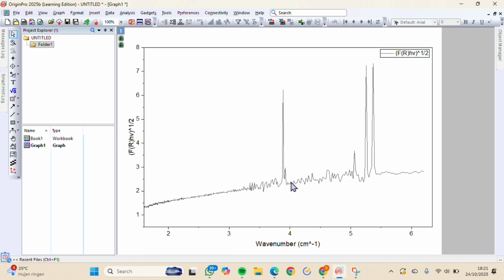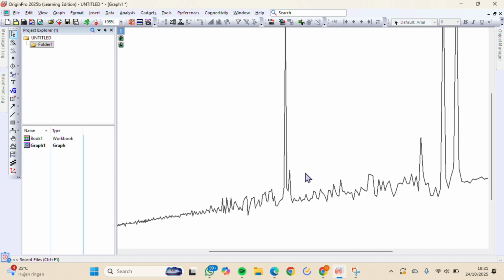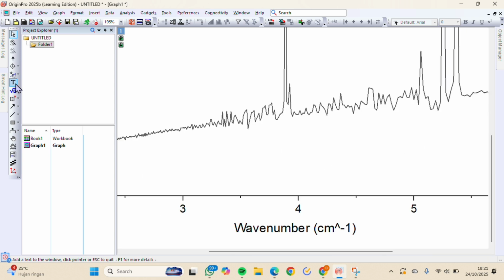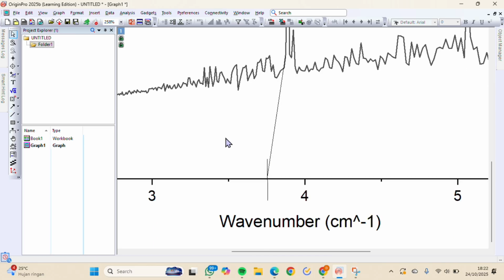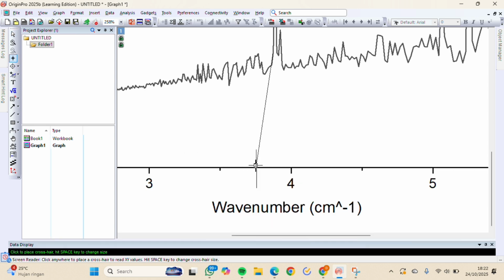After that, we create a tangent line on the graph right where the curve starts to rise sharply toward the peak by drawing the line. And to find out the exact point where the tangent line touches, we click screen reader, and then we check the x value.